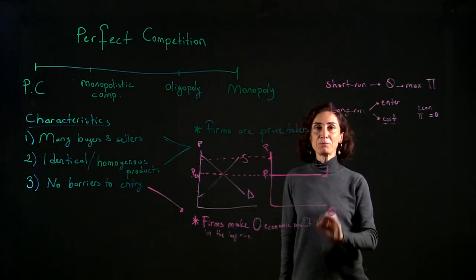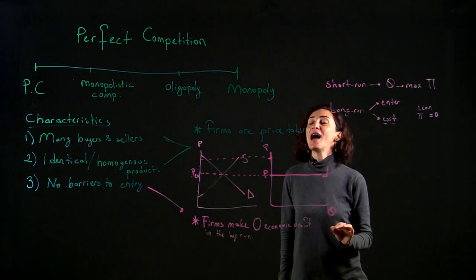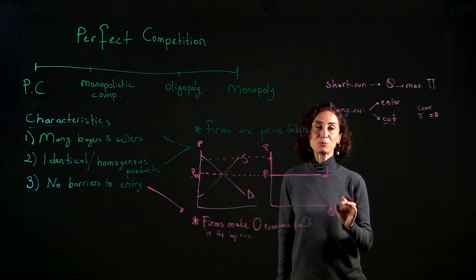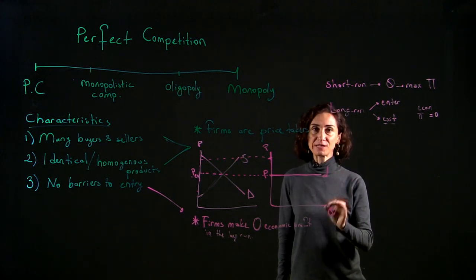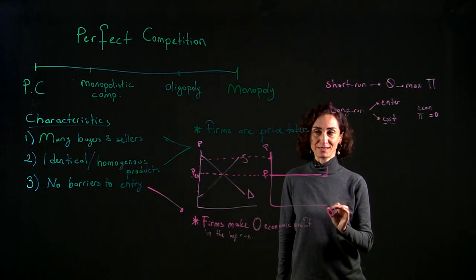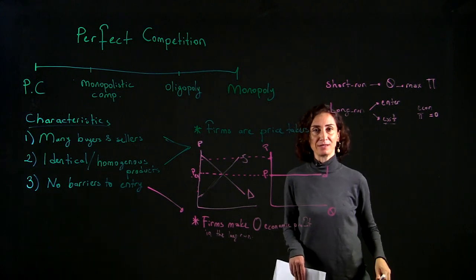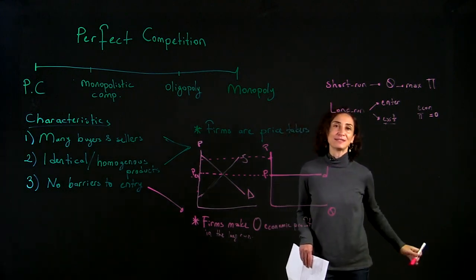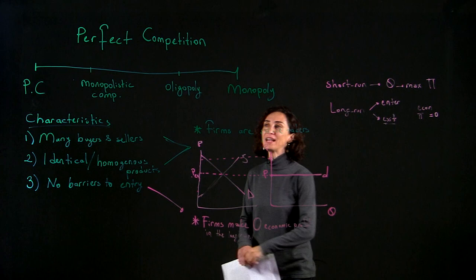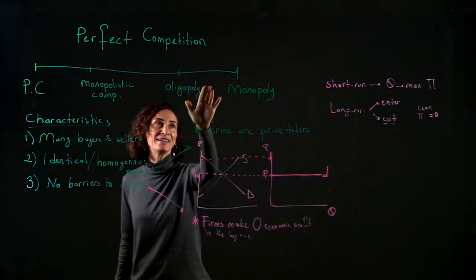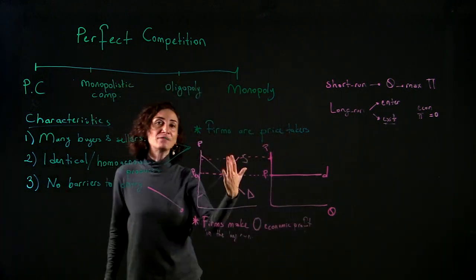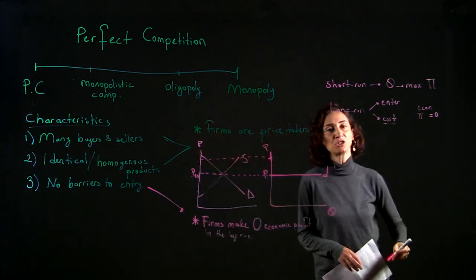Now we will see some really nice graphs and some numerical examples, but to understand those graphs and numerical examples, we need to remember the definition of profit. The definition of profit doesn't change for any firm. Any firm here, here, here, here, they have the same definition of profit, which is,